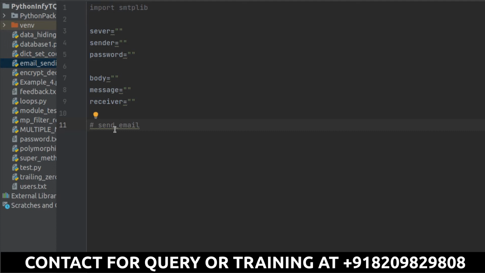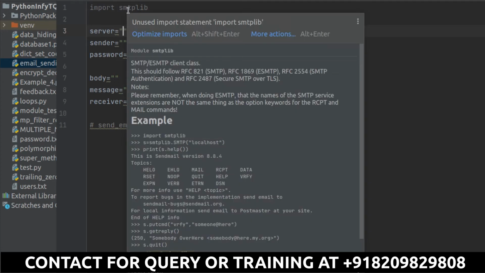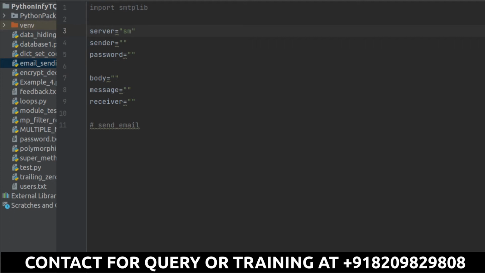So first thing, as I said, I have to connect to a server. That means my first step is to have a server. So let's say I will be specifying the server details. Right now, as I said, I will be using the SMTP module, and currently I will be connecting my SMTP module to Gmail so that I can easily connect to it. So in this session I will be using Gmail to connect through SMTP. For that I am simply going to pass this server, which is smtp.gmail.com. You simply have to pass this.